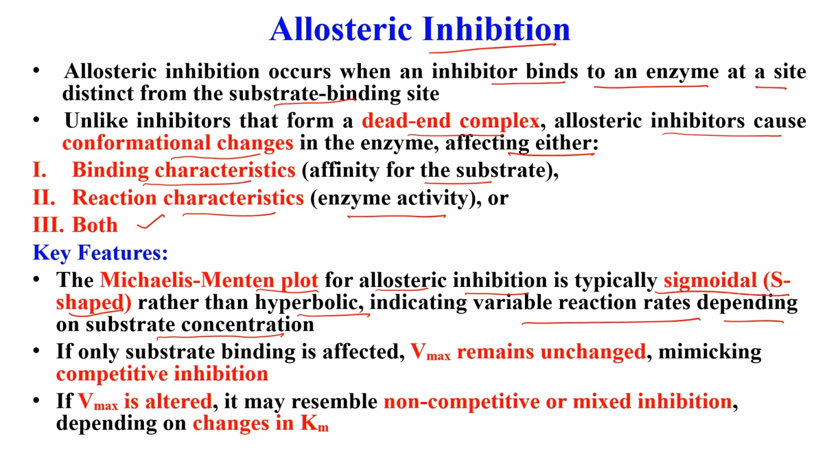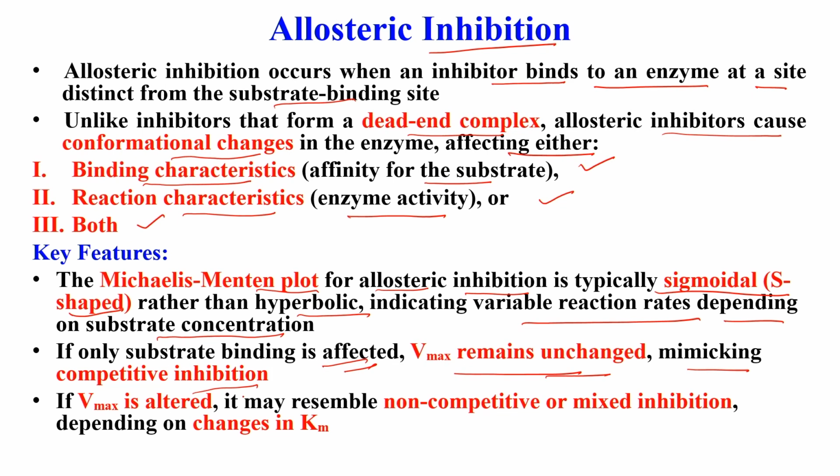Now, as I told, allosteric inhibition can affect the affinity for the substrate, it can affect the enzyme activity, or both. So, when only one substrate binding is affected, in that case Vmax will remain unchanged,